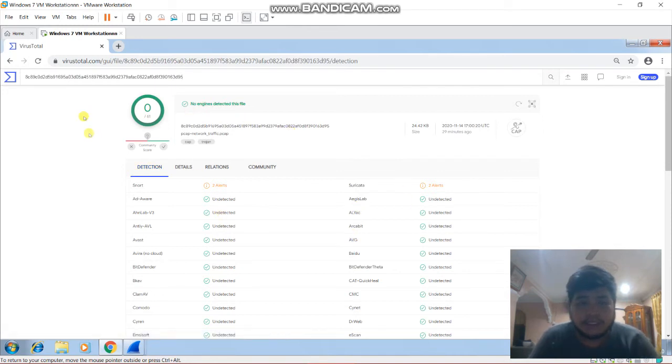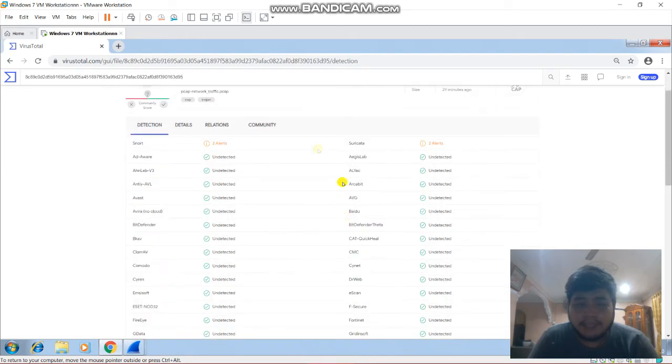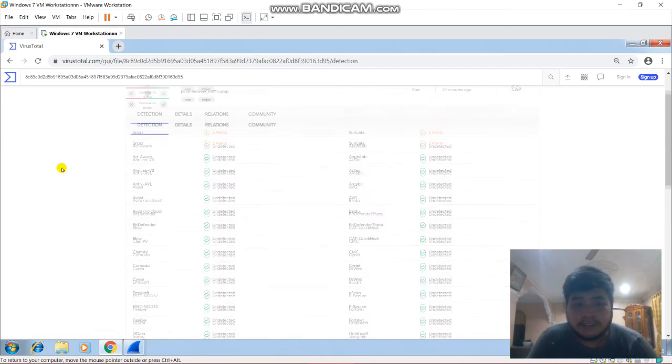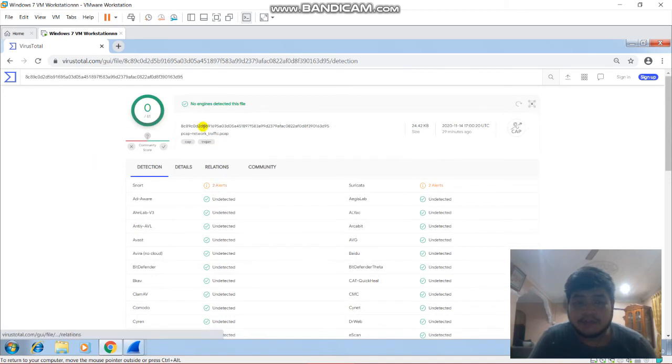VirusTotal will list the names of detections and information about the viruses that have been detected after the scanning process takes place. If we can see here, the score is 0 per 61, which means no agents detected this file. Okay, let's move to the details button.